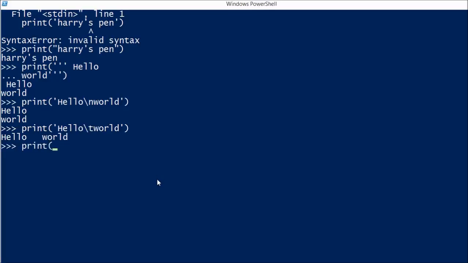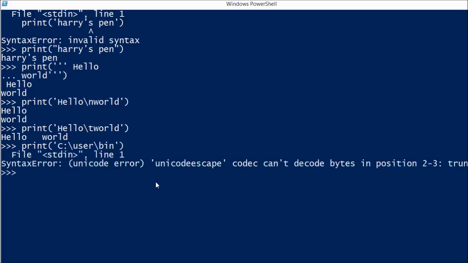If I need to print some paths like a C file path, single slash user /bin, and I press enter, you will get an error. This is because it will treat /u as an escape sequence and check whether any escape sequence is present. If you need to escape from this, what you should do is write print